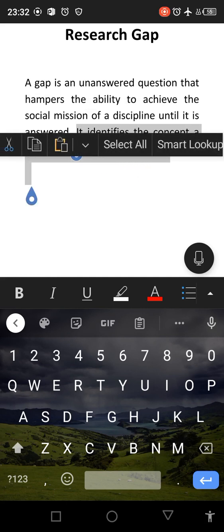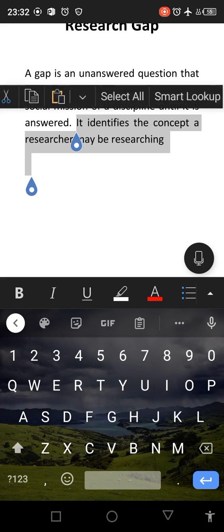Remember in our previous videos, we talked about dependent variable, independent variable, research interest, area of interest, and the likes. But majorly, let me focus on the variables. Your gap is the one that helps you to break down